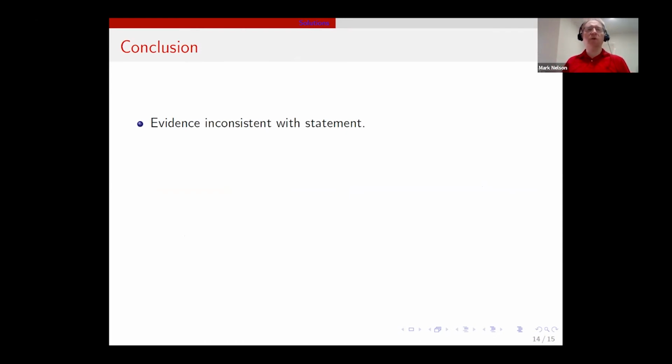The exam question had 3 components. One component was estimate the time of death. We can see that not many students managed to do that. The second question was estimate the uncertainty in the time of death, and very few students could do that, despite the fact A, they've done a statistics subject, and B, there were questions like this on the assignment. So very few students estimated the uncertainty.